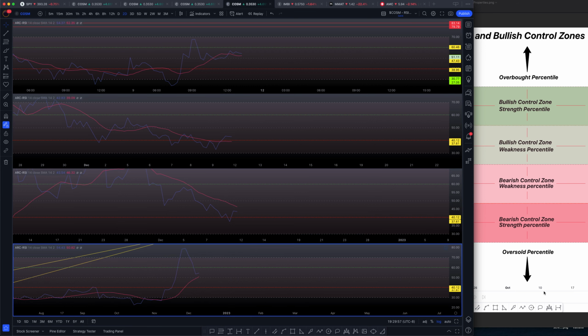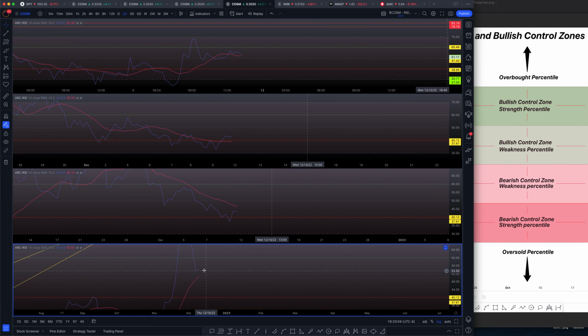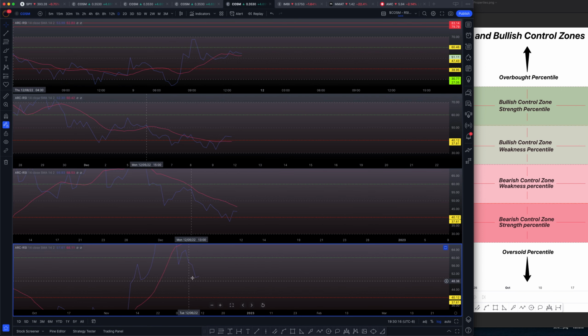Now it is sitting very close to the shallow areas of the weakness percentile from the bulls, and this could likely find another short-term downside before continuing on to the upside. Okay, now the daily is suggesting sideways trading. So we could be looking at a potential